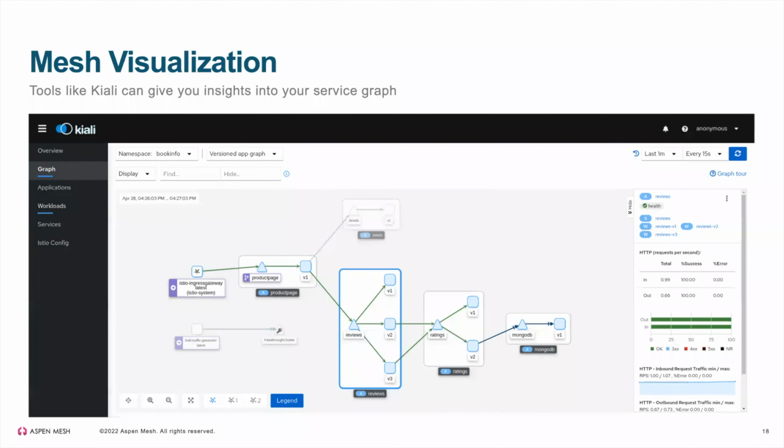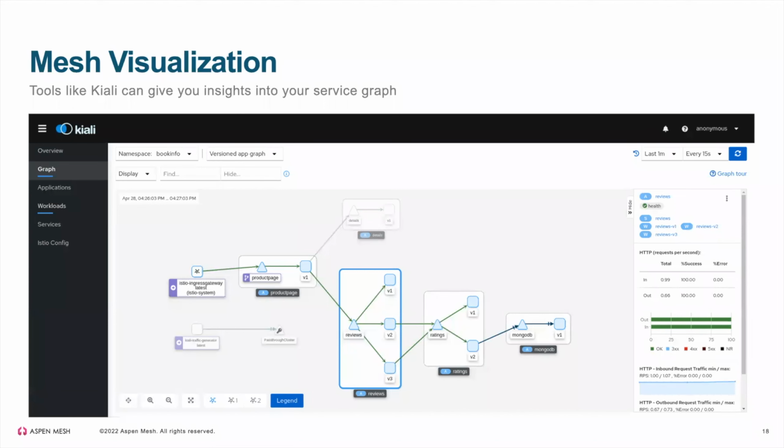So one of the things you can do is just visualize what your mesh looks like. And I want to say here that Istio does collect all this telemetry and it can send it to Prometheus or some sort of data store. The tools I'm showing here are visualization tools, and you can use any tool that you want that supports these protocols. And they're starting to move to OpenTelemetry. So I'm showing you Kiali, but there are other tools out there, commercial and open source, that can give you the same graph visualization based on this data. So it's really the telemetry data that Istio gives you, and you can use your tool of choice.